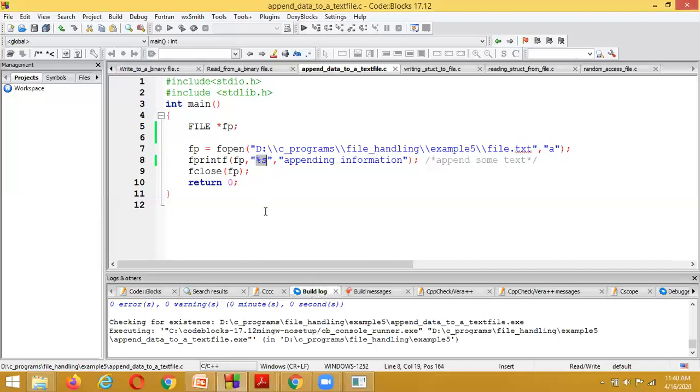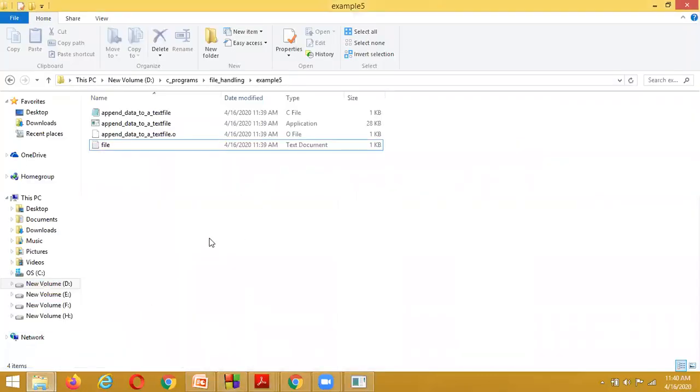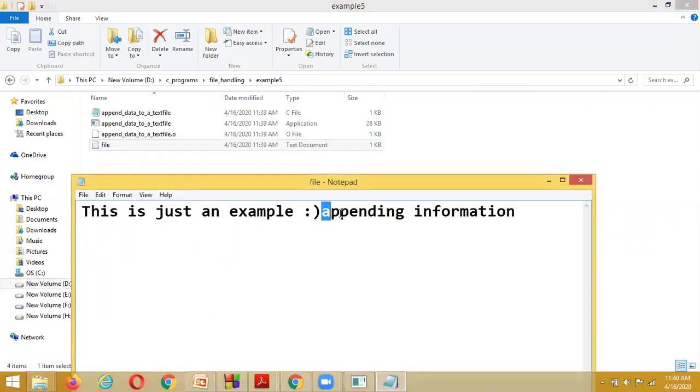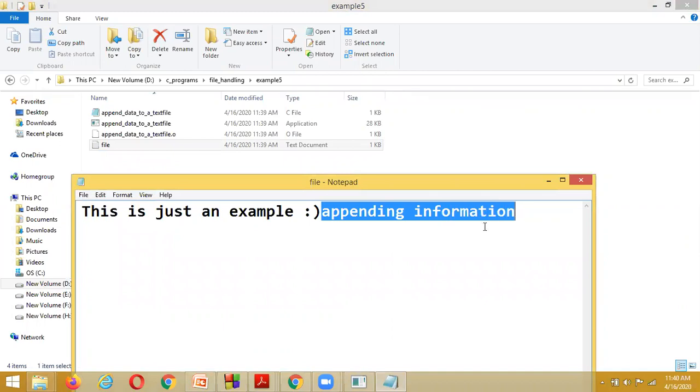Previously this was not existing. By executing the program, the information has been added as "Appending information".